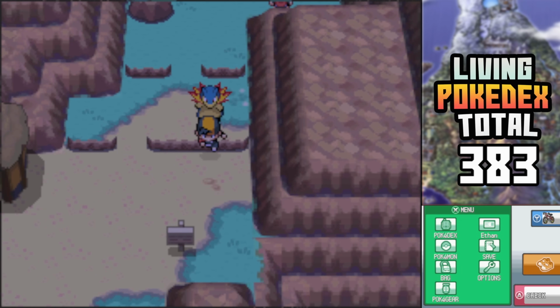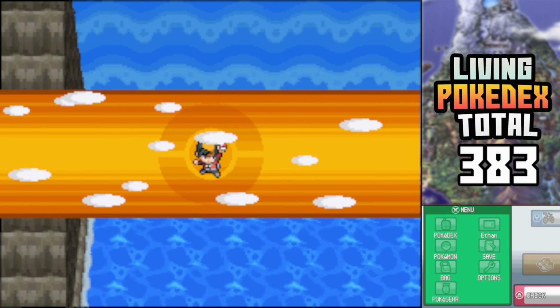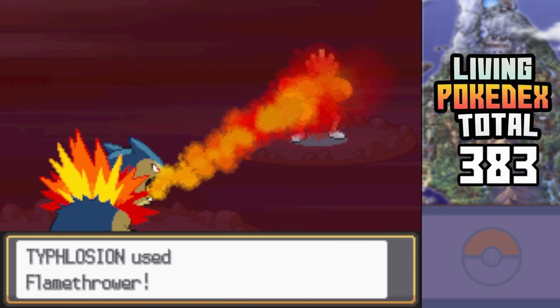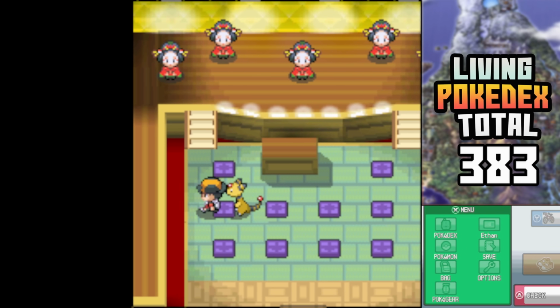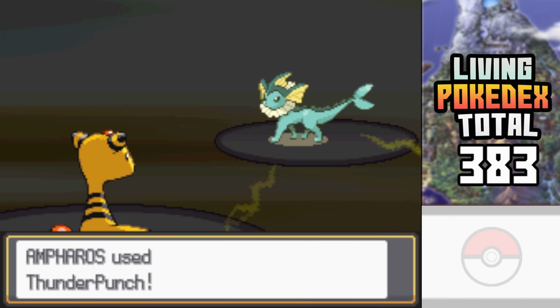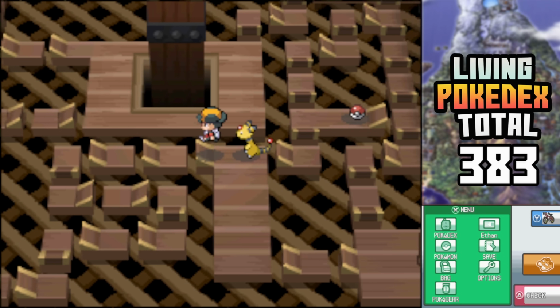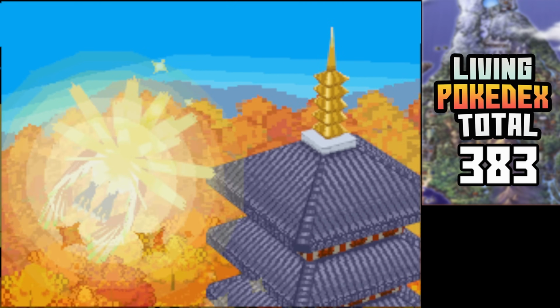Upon arriving in Blackthorn City, Ethan defeated Clair, which allowed him to use Waterfall outside of battle. So he decides to return to Mount Mortar and defeats the Karate Master, where he received a free Tyrogue. Afterwards, Ethan returned to Ecruteak City. Here, he defeated the Kimono Girls, proving he is worthy to challenge Ho-Oh. He then makes his way to the top of the Burned Tower, where the Kimono Girl summons Ho-Oh, allowing Ethan